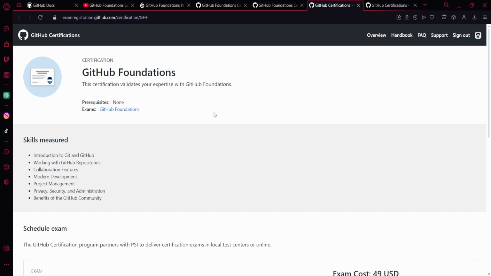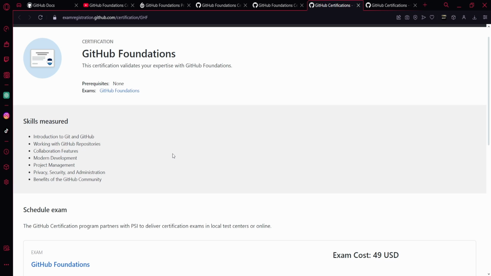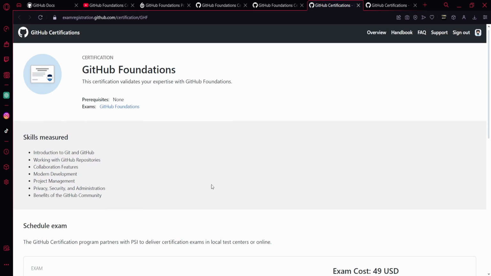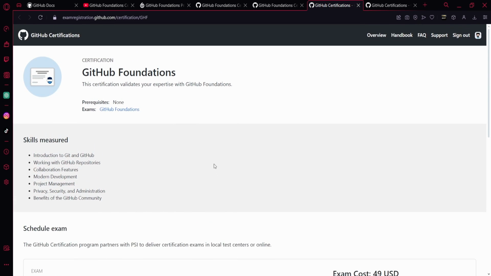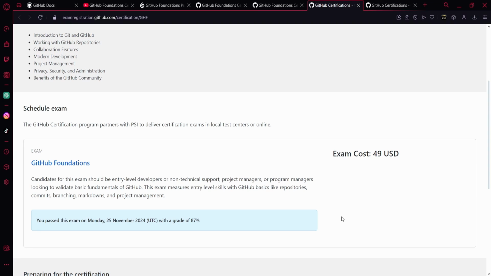When you're ready to book, you can do it directly from the GitHub portal, which is where I am right now. If you're applying for the free exam from the GitHub Student Developer Pack, just make sure not to enter any payment details. Once booked, you can immediately launch the exam and it will redirect you to the secure browser for the test. In my case, I already passed the GitHub Foundation exam, but I created another GitHub account for you to see what it looks like when you are booking your exam.